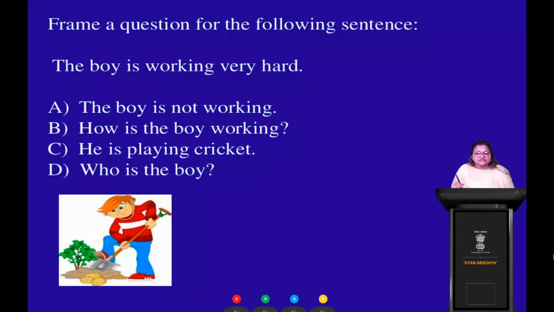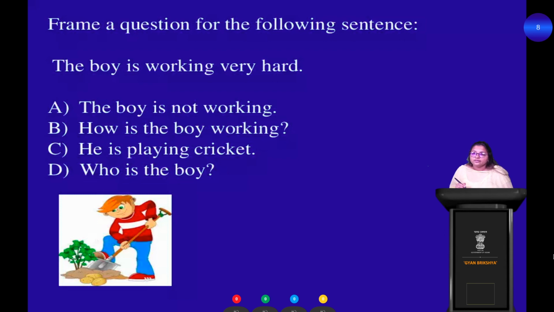কোয়েশ্চেনটা বলছে যে এই যে সেন্টেন্সটা দেওয়া আছে, the boy is working very hard, এই সেন্টেন্সটাকে অ্যাজ আনসার পাওয়ার জন্য তোমাকে একটা অ্যাপ্রোপ্রিয়েট কোয়েশ্চেন ফ্রেম করতে হবে। সেই কোয়েশ্চেনটা ফ্রেম করো এমন ভাবে সো দ্যাট তুমি এই আনসারটা, the boy is working very hard, এই আনসারটা পাও। So there are four options given to you. So out of the four options, which option do you think is the appropriate question to get this particular response, right? Okay. So your time starts now. Give me your responses. Look at each of the options very carefully, and then give me your response. প্রত্যেকটা অপশনকে খুব ভালো করে দেখো, পড়ো ভালো করে, তারপর রেসপন্সটা দাও।